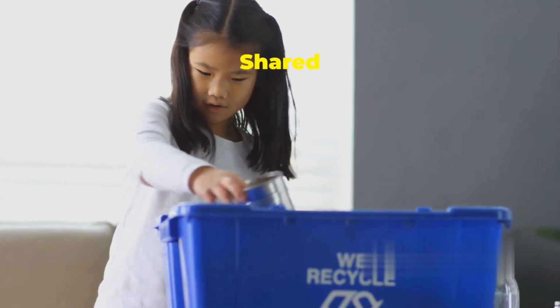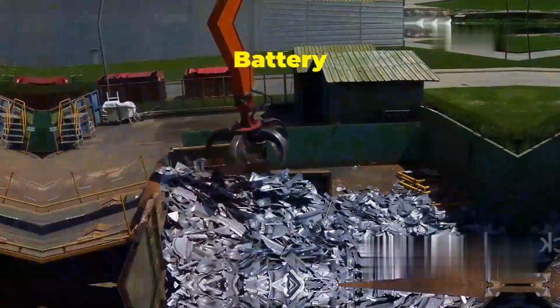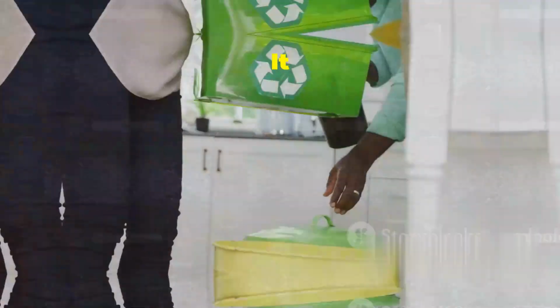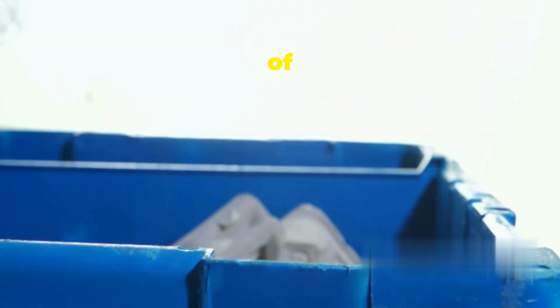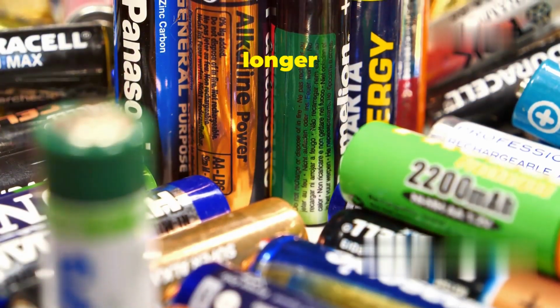Section 9. Our shared responsibility. Consumers and manufacturers united. Battery recycling is not just the responsibility of recycling facilities, it is a shared responsibility of consumers and manufacturers. Consumers can contribute by properly disposing of used batteries at designated collection points, choosing products with longer battery